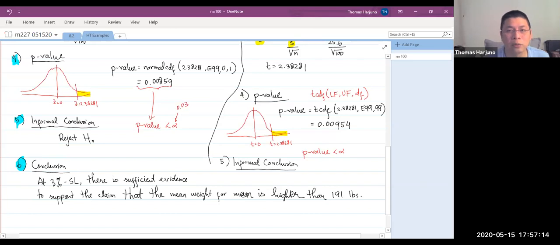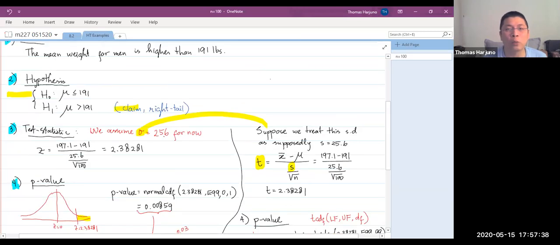The informal conclusion will be to reject the null hypothesis. And finally, step 6 will be the same. Even our step 5 is already the same as what we had earlier. So I hope you see the difference between